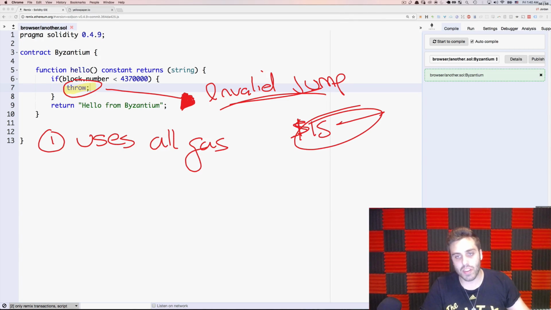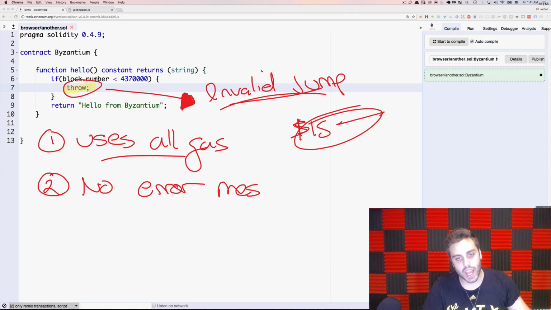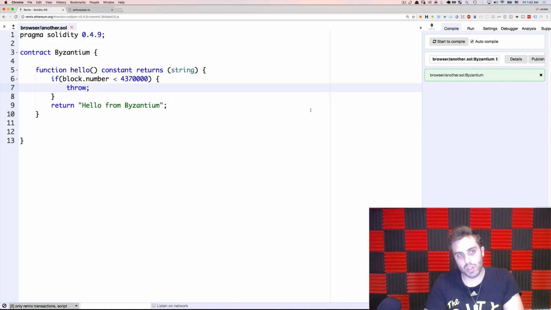So, there are issues with the contracts consuming all the gas, but even more importantly than that, perhaps, is that when you use all the gas, you don't have any gas left to return any data, so you don't have any error messages. So up until now, there have been no real error messages from smart contracts, which any developer knows has been a really massive problem in the workflow of developing these things. So Solidity 4.10 introduced a slightly new syntax for handling exceptions.